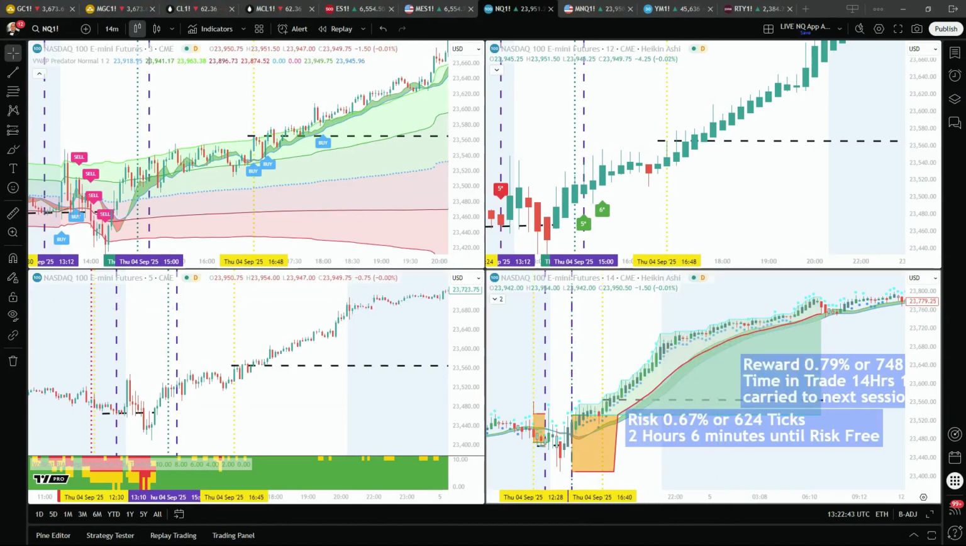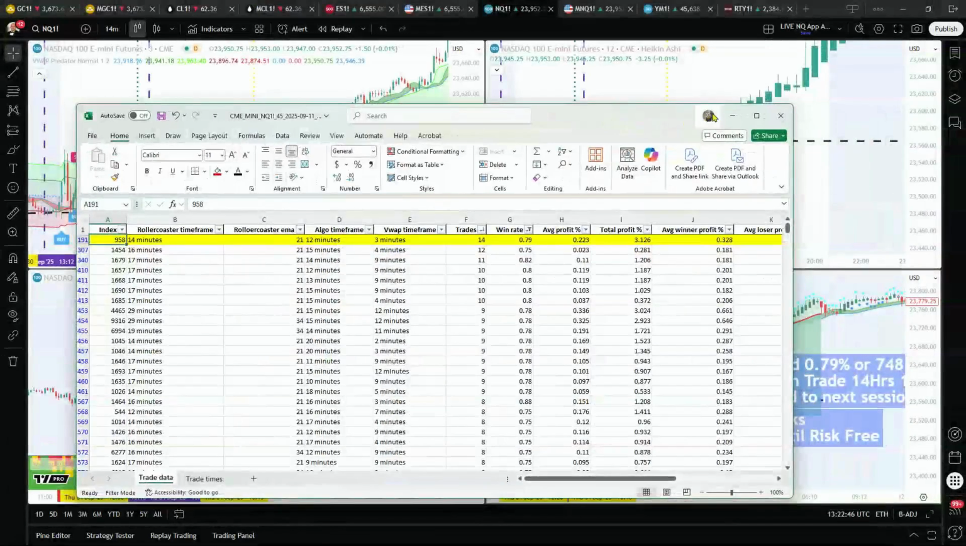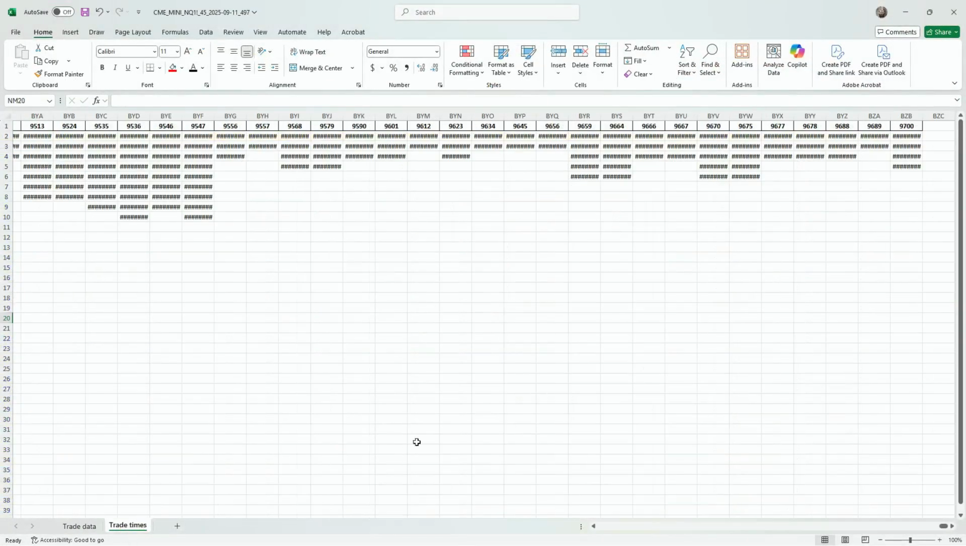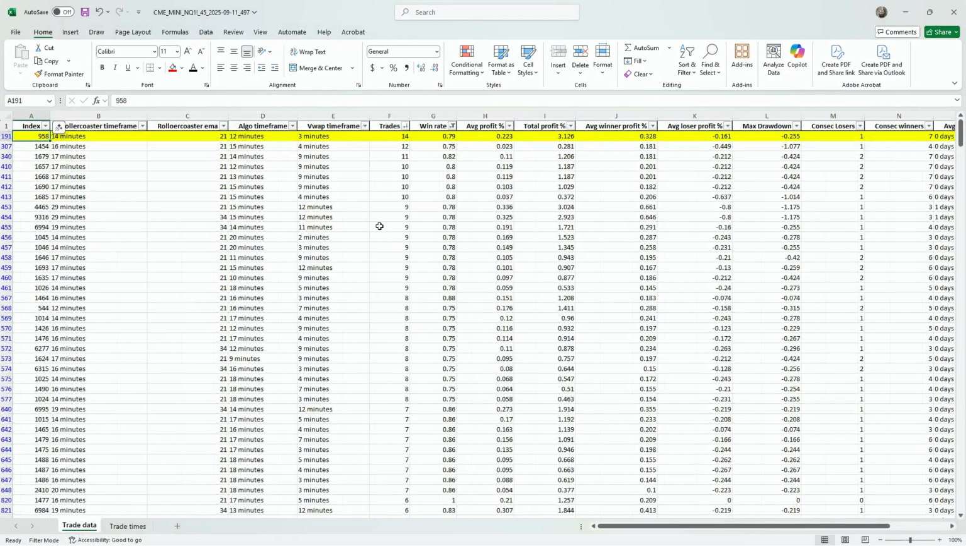So the first thing that we've done is we have the AI produce some results that I can look at. Now, there are lots of results. There are actually 9,700 different combinations. Then I start to filter through those to look for what I think is a good number of trades. So 14 trades, a win rate just under 80%, average profit percentages, the total profit, average winner, consecutive losses, lots of information in there. And I've chosen combination number